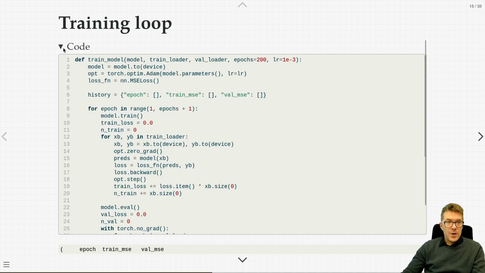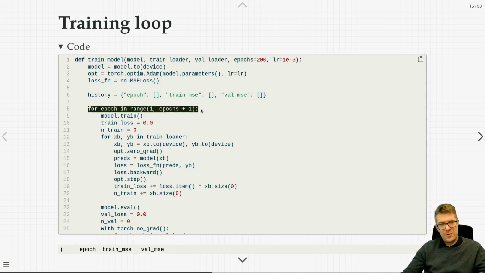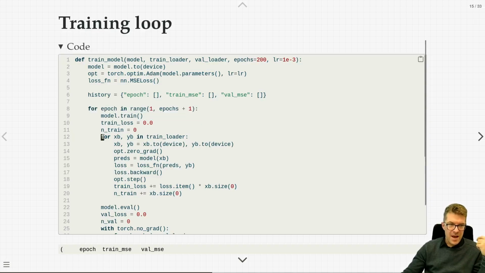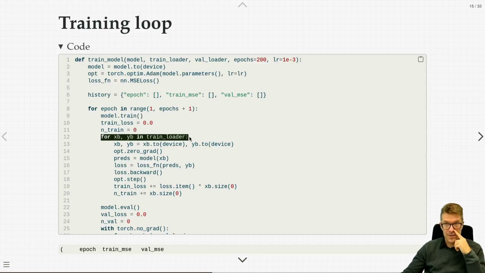So here's our little training loop. Again, we've seen this already, so I'm not going to go into all the detail, but just to mention, we are going to train over epochs, like we've done many, many times in this class, and we're going to increasingly use batches for efficiency's sake and for generalization's sake.